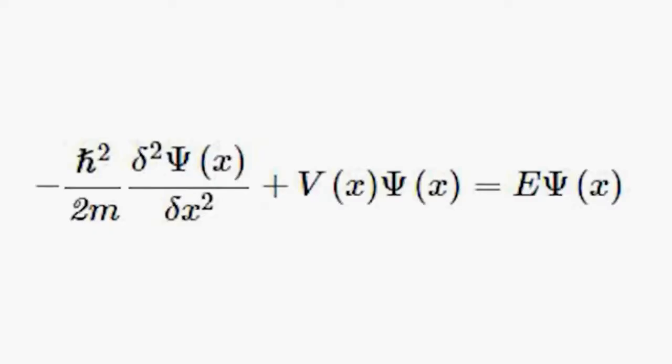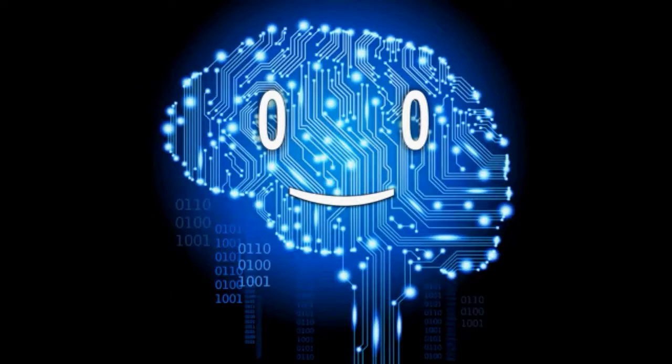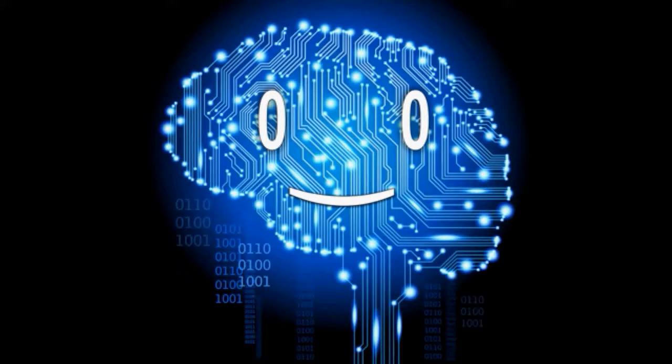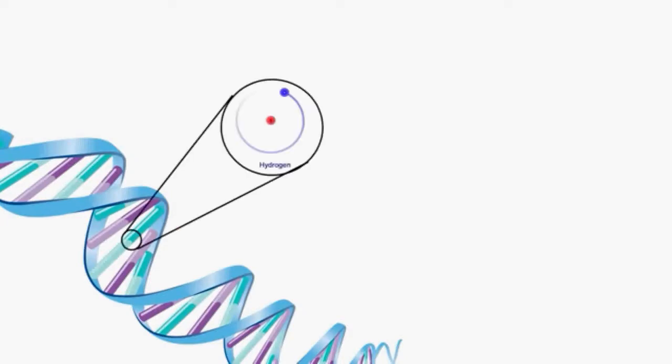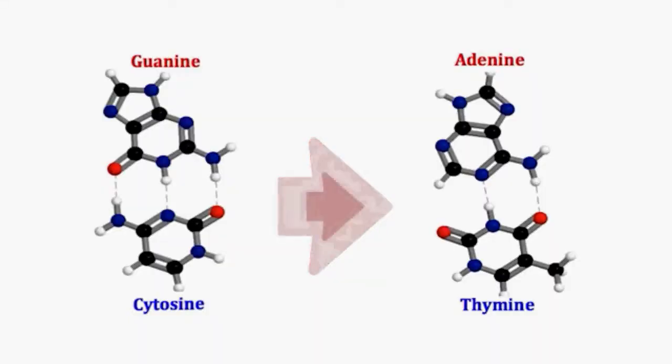If we look at the Schrödinger equation which describes this process, we'll see that the probability of tunneling depends on the mass of the particle. In other words, the heavier the particle is, the less of a chance it has to tunnel. And this fact was used to demonstrate the Lodin theory. Now what if we replace the normal hydrogen atom from the DNA, with its heavier isotope, deuterium? In this case, quantum tunneling should occur less often and thereby the rate of spontaneous mutations will decrease.